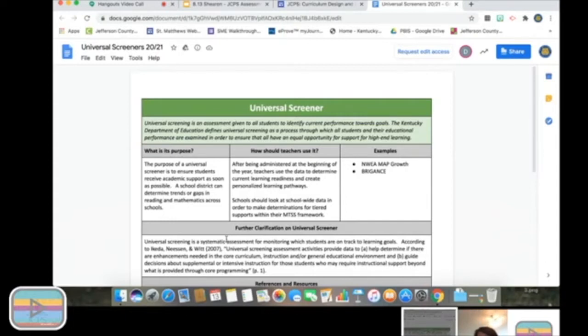And so we think of those in JCPS as Brigance, as MAP, and just ensuring students are receiving that academic support as soon as possible. So that's where your MTSS committees get together, your ILTs, and look at that moment in time data, that dipstick, and always their scheduled assessments. So we know MAP is given 3 times a year. It's really important to have a specific window of time in between so that we can accurately assess the student's growth over time.